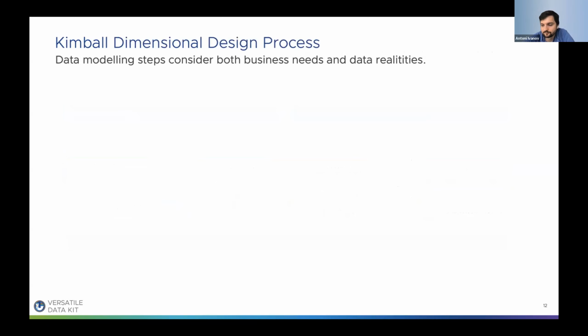So let me go to the second thing. The second thing that Kimball introduced is the Kimball dimensional design process. These are 4 simple steps which help you create your data model. Kimball recommends creating the data model incrementally. So you focus on different business processes and you start building your data warehouse, different dimension and fact tables, incrementally